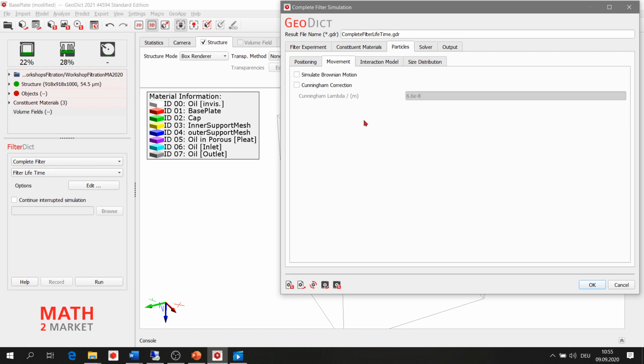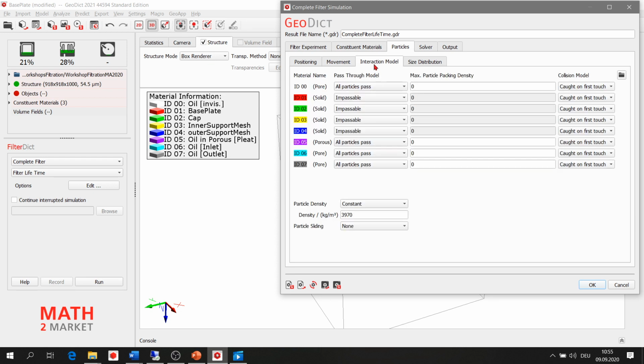But when we have oil as the liquid and quite bigger particles, the Brownian motion can be neglected. And under the interaction model, again, we can first of all set these maximum particle packing densities that we chose already.